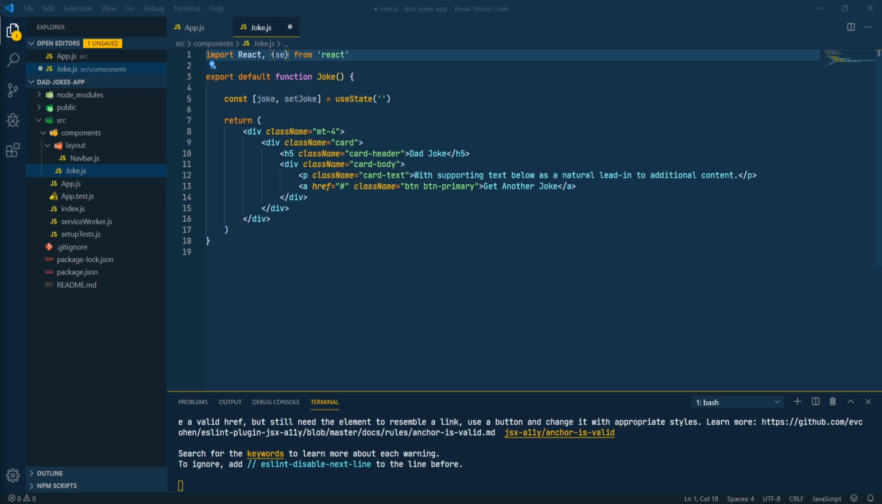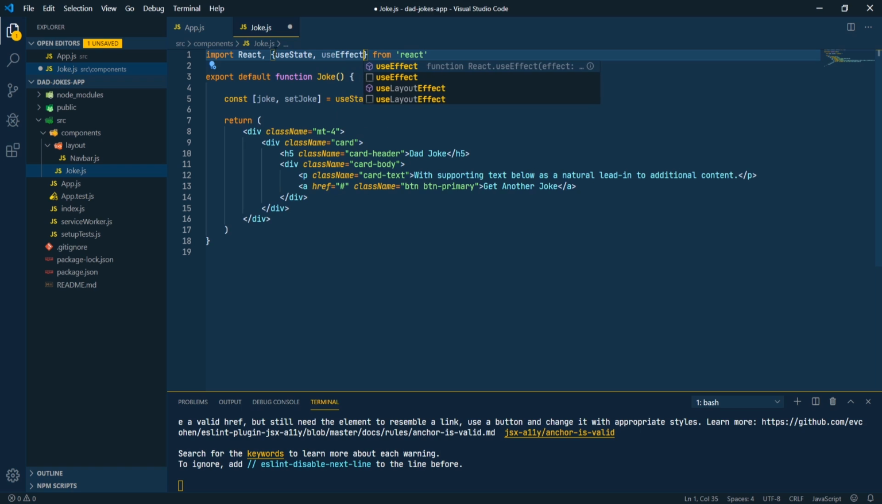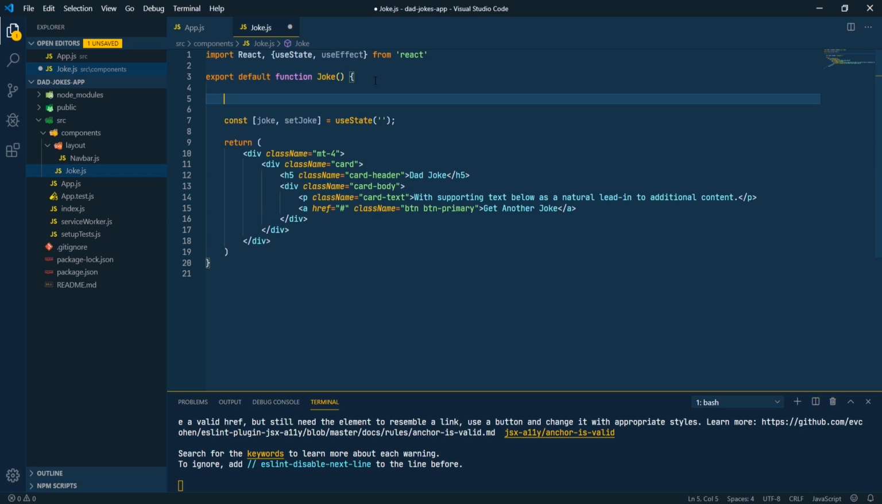No, yeah, useState. Sorry, it's useState set, yeah, okay. useState, and then we're also going to bring in useEffect, which I'll explain in a second. So we're going to use our state value there. And so for now, let's just say we have const